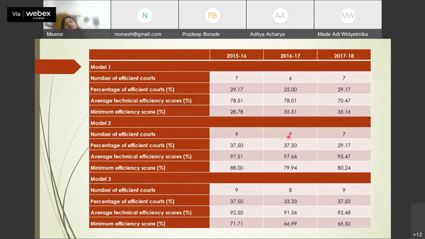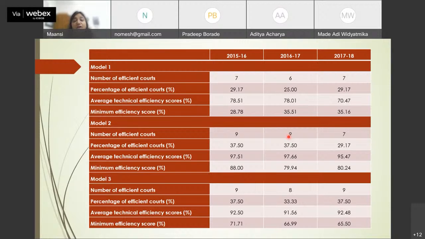So based on this model, we tried to determine the relationship of efficiency scores with caseload per judge. We found that they actually have a positive relationship between the two, meaning that courts with a higher caseload per judge actually had higher technical efficiency scores. What we interpreted was that maybe judges are feeling more pressurized to resolve a higher number of cases, and that is why the efficiency scores are improving. But it definitely indicated the need to consider this inflow of cases while measuring performance,